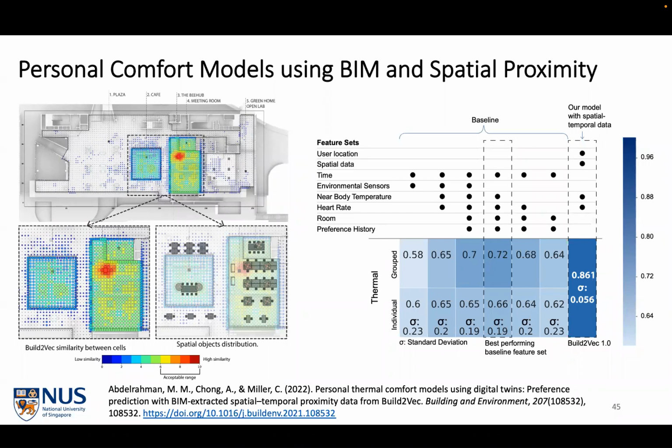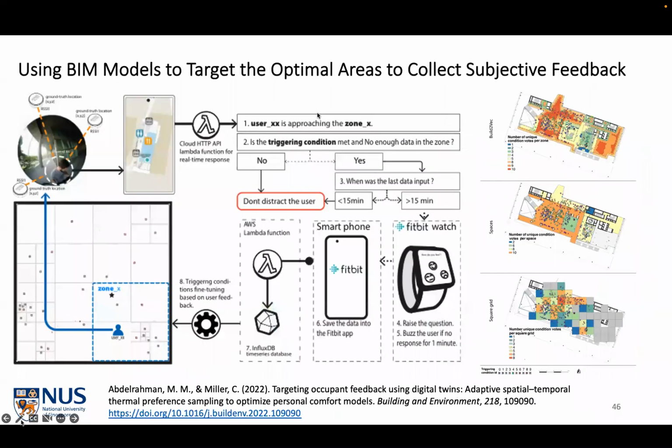So it's not perfect. It's not the same as sensors. You don't get that longitudinal data collection, but you can characterize spaces. This is what enhances the scalability factor. So I talked about scalability, not having to install sensors in every single space across the urban context. Instead, using humans to be that sensor is something that we can use maybe to improve scalability. We don't want to bug people when we don't need to.